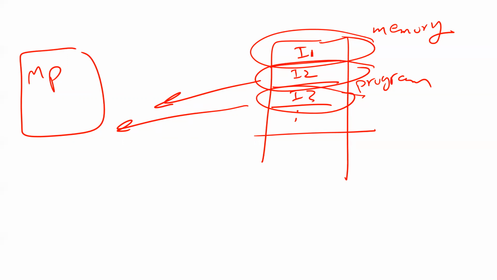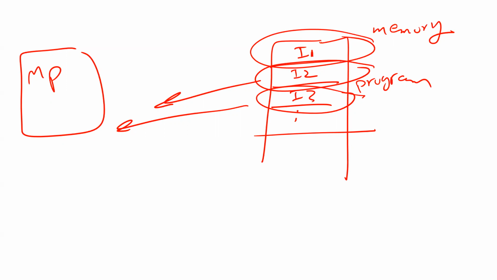So all the time, the microprocessor is going to execute it one by one, instruction by instruction. That's why I need a space to store the program. All the time the microprocessor is going to take one instruction, execute it, and I'm done with this one. Then I have to read the second one, I have to read the third one, and so on. Is that clear? Any questions? That's why I need memory.